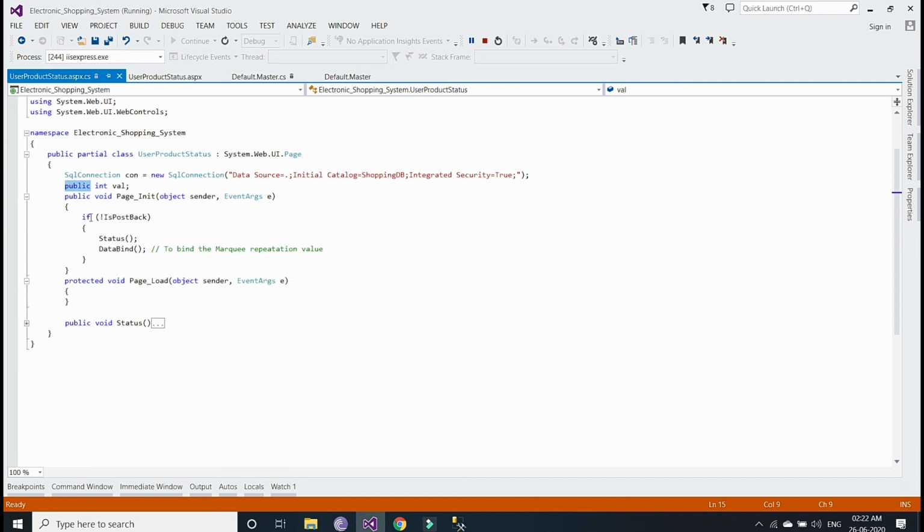inside this I have checked that it is not IsPostBack. It will check whether any request is being posted to the server or not.